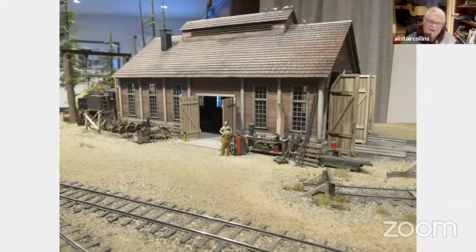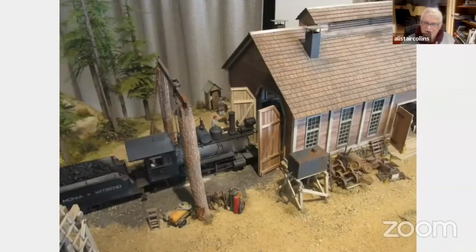This is a semi-scratch built. It's a Mount Albert kit. Like I say, I know a guy. So I've taken a lot of these kits and modified them. This was a John Allen engine house that I drastically modified to what I thought in my mind it should look like. And again, concentrating on details.